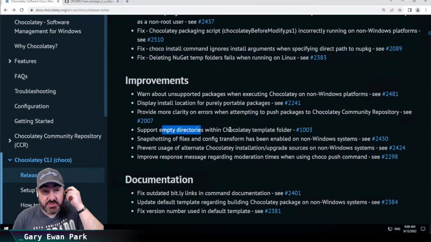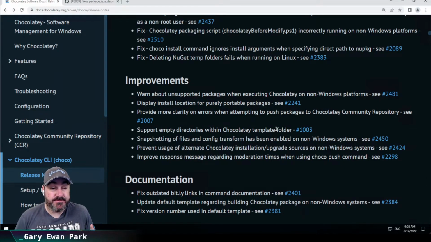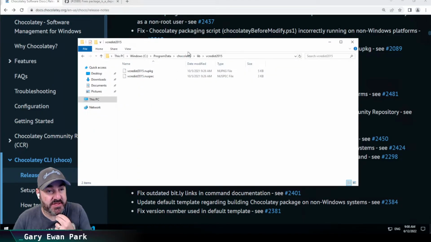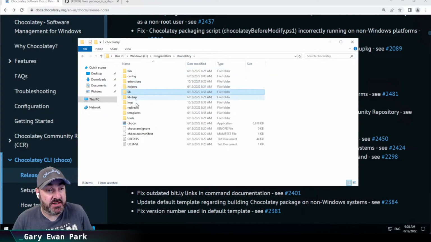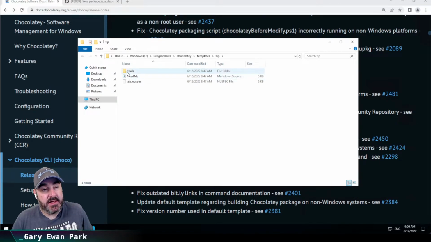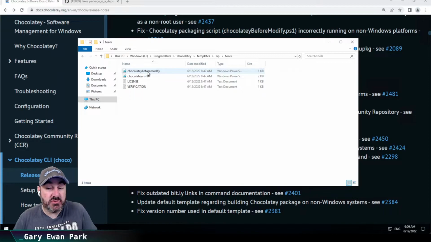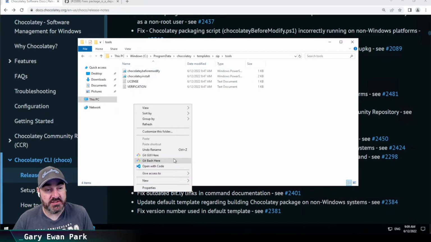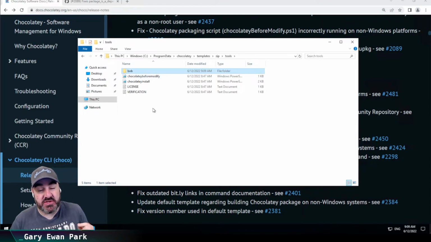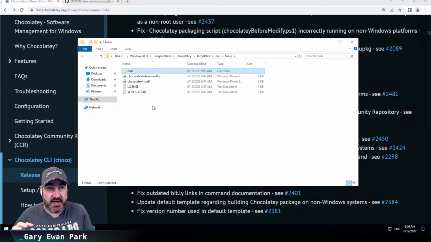Support empty directories within Chocolatey template folder. So what this one was: if we look at one of the templates that we installed earlier, they're stored within this templates folder, zip, and tools, and then that tools folder has stuff in it. But if you wanted to create a template where you wanted to have by default another folder in here called Bob, doesn't really matter what the name is, but you didn't actually have anything in it, then by default, that